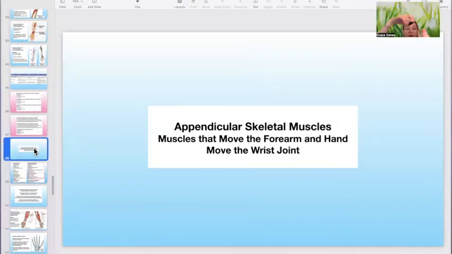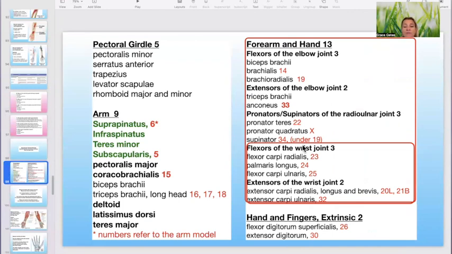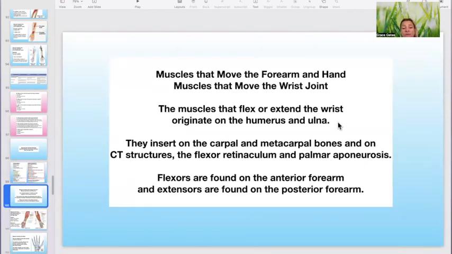Now we're going to move on to muscles that move the forearm and the hand, flexors and extensors of the wrist joint. The muscles that flex or extend the wrist joint originate on the humerus and ulna. They insert on the carpal and metacarpal bones, on connective tissue structures, the flexor retinaculum and palmar aponeurosis. They are either found on the anterior forearm, that's the flexor group, or on the posterior forearm, that's the extensor